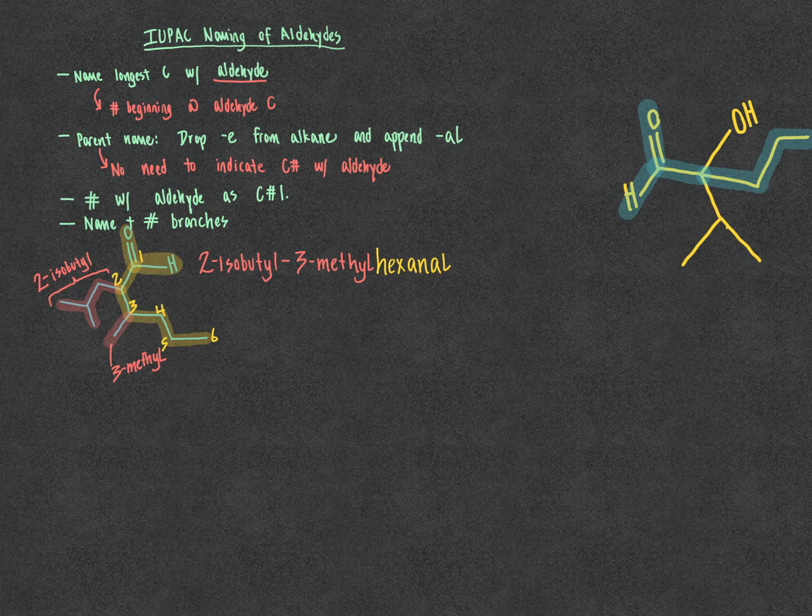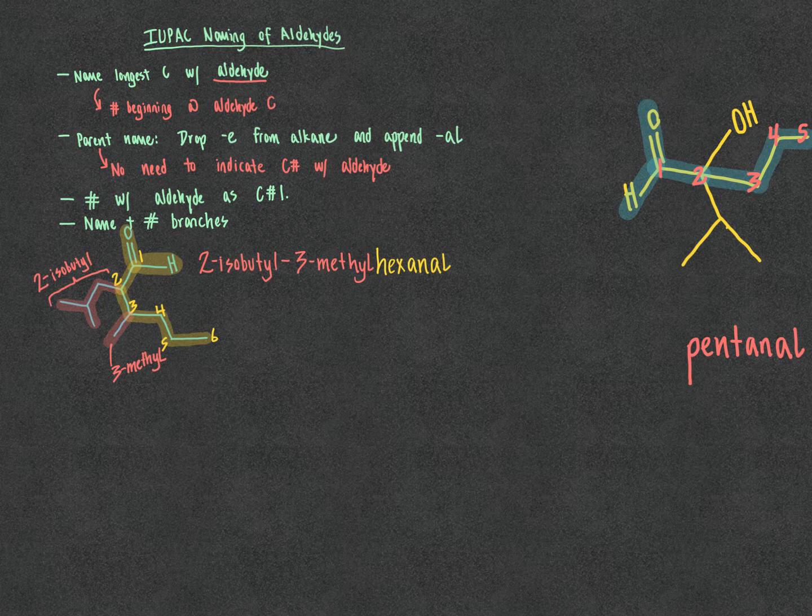Now to determine our parent name, we start numbering. Add the aldehyde carbon as number 1. We follow through to 2, 3, 4, and 5. So since this is a 5-carbon aldehyde, our parent name here would be pentanal. The al suffix is our clue that this is an aldehyde group. Again, don't put the number 1 in front of pentanal. It's implied that since it's an aldehyde, the group is always at carbon number 1. Now we go about naming our branches. In this molecule, we have a branch at carbon number 2